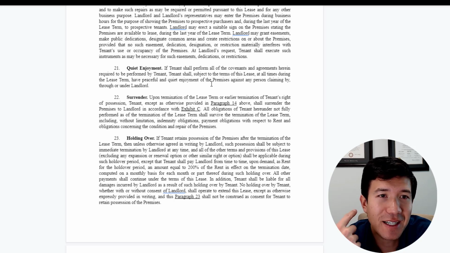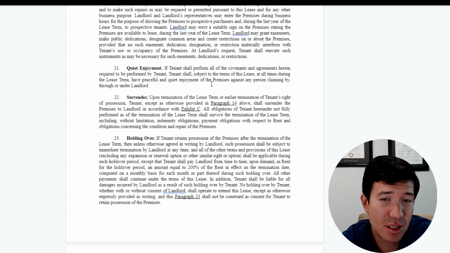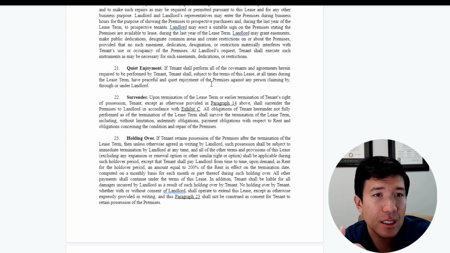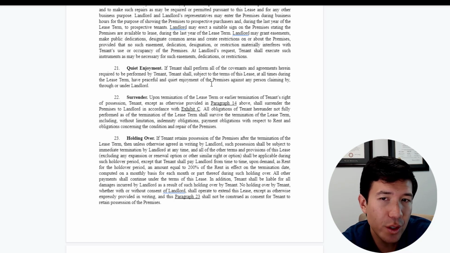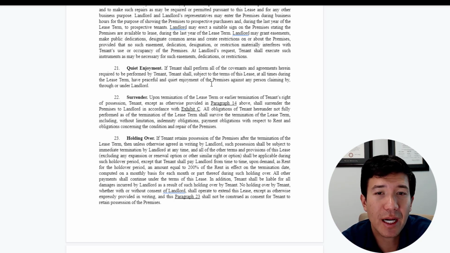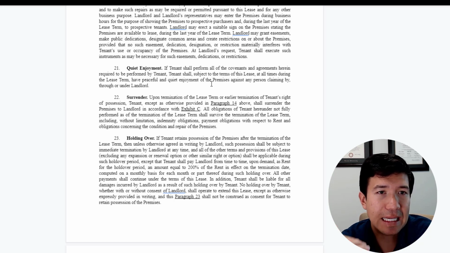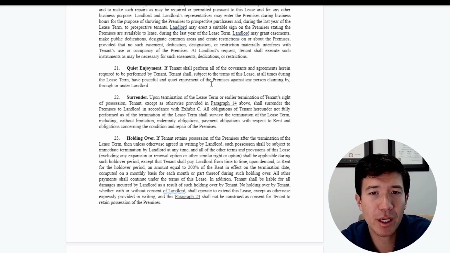So what is that? I don't know about vision, but it could be something like smoke. You could have some type of steam coming across the property that affects visibility in the truck court, visibility outside the building, that affects their ability to do their job. So you have visibility, sound. We talked about noise. In an industrial park, it's probably going to be a pretty high standard, but I could still see something that exceeds it. So if somebody is running a jet turbine and you're just trying to run diagnostic equipment and it can't function, due to the vibration plus the noise, that quiet enjoyment is prohibited.